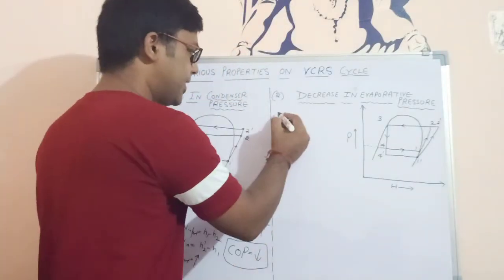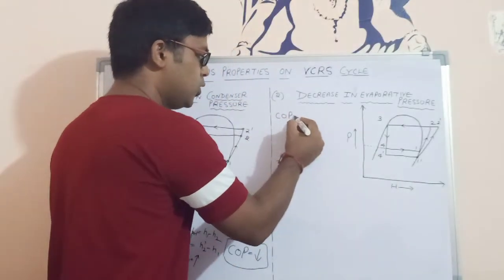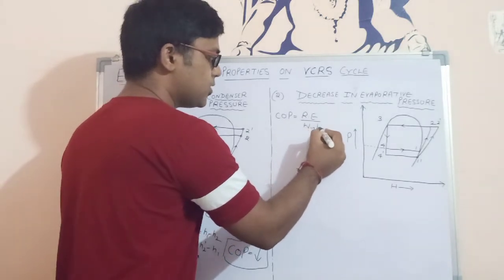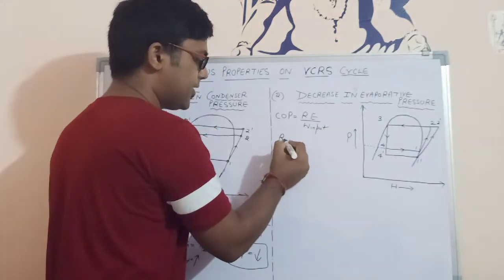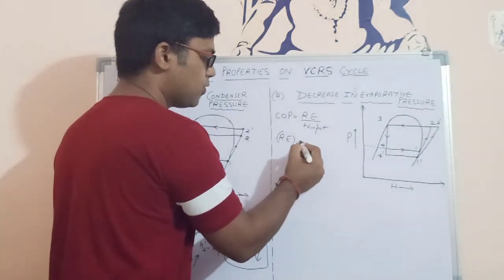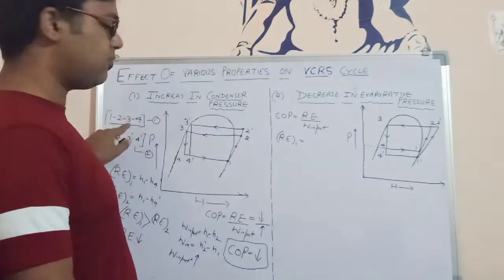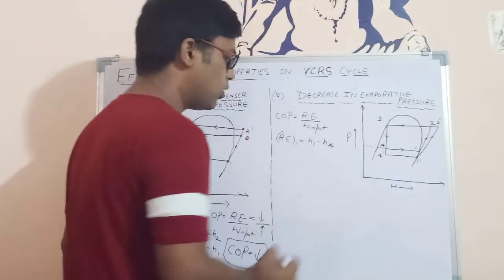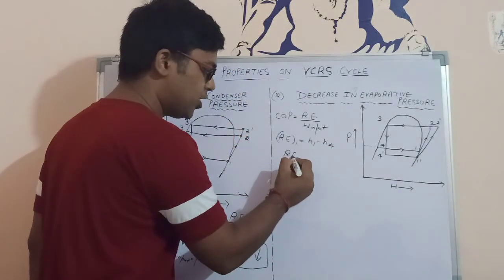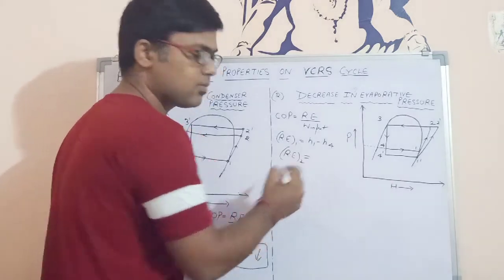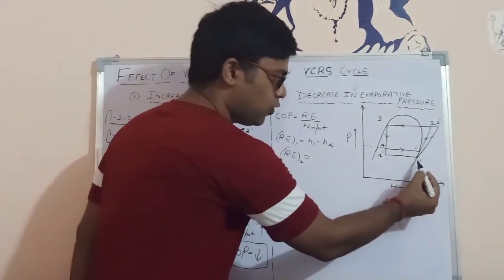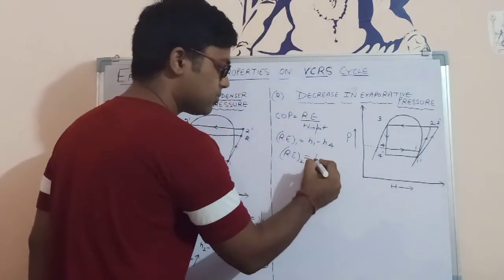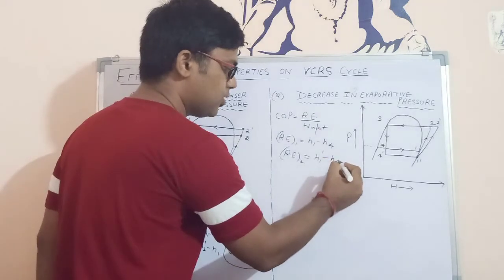So again the same question, what is the value of COP of this? COP is a refrigeration effect upon the work input that is required. So in simple words, for the first cycle, what is the value of refrigeration effect? For the first one, for the 1, 2, 3, 4, it is basically H1 minus H4. Okay, for the second case, what is going to be my refrigeration effect? What is the second case? 1 dash to 2 dash to 3 dash to 4 dash. So it is basically H1 dash minus H4 dash.